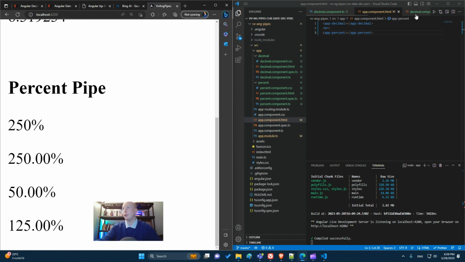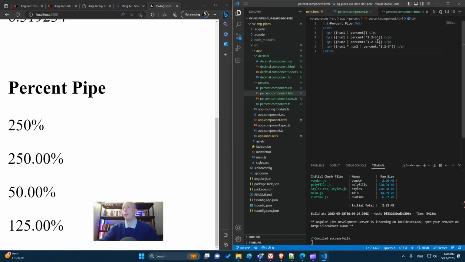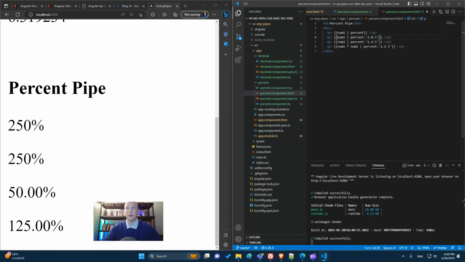We will play a bit with this one. So I remove the decimal pipe, and the expression is in the template. For example, the first is with a 2-digit, it's the full expression, so 250%. And the second is with a decimal. I will put a 0. So we'll have the same expression as above. Okay, 250. Then the next one, I will put 4 to 5 decimal digits. We'll have a 40 just here. Okay, okay.